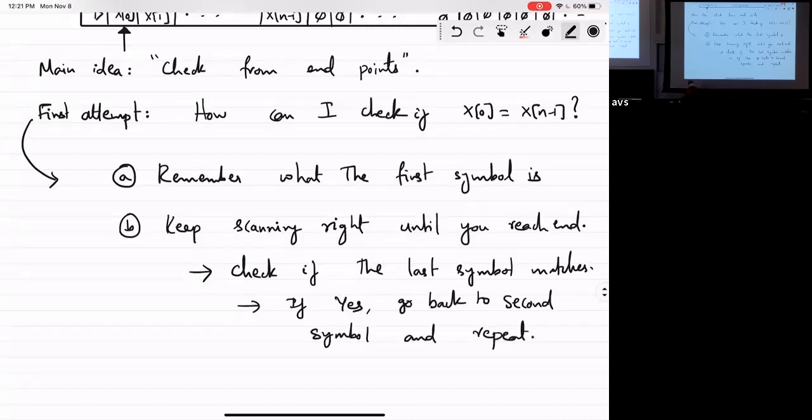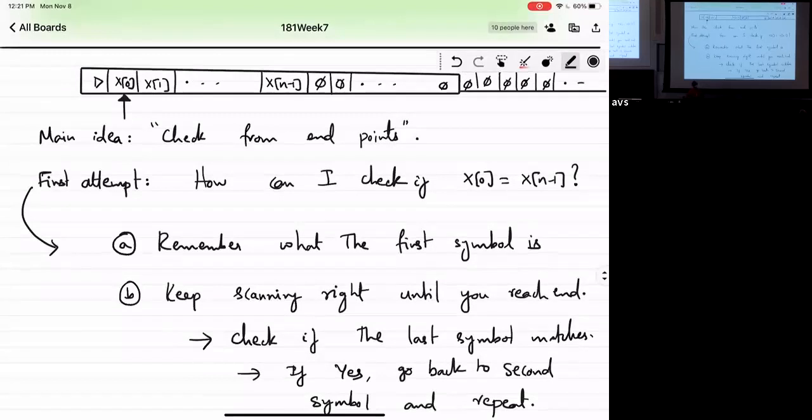Okay, but this seems a little, let me make this a little easier. So what I'm going to do is, whenever I read the first symbol, remember what the first symbol is? What I'm going to do is put a mark there saying I saw the symbol already. Okay? So, flag the first symbol as red. Meaning, okay, you've seen the symbol already, now you have to look for something else.